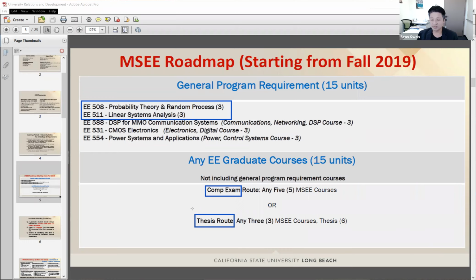In general, you still need to take EE 698 twice. For 1 semester, you can enroll in this for 3 units, and you can enroll again in EE 698 in the next semester with another 3 units. So that is a general process.